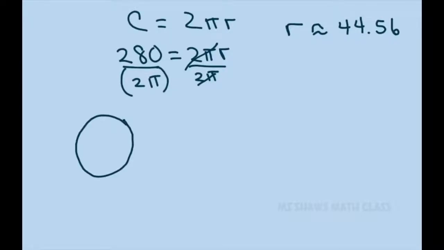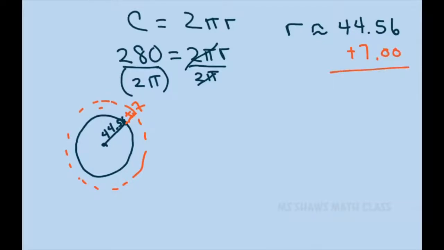Now what we want to do is add 7. Here's your circumference, and the radius is 44.56, but the fencing gets extended by 7 feet out. So we're going out more by 7 feet for the fencing, so you're going to add 7 to this. When you add 7, you get approximately